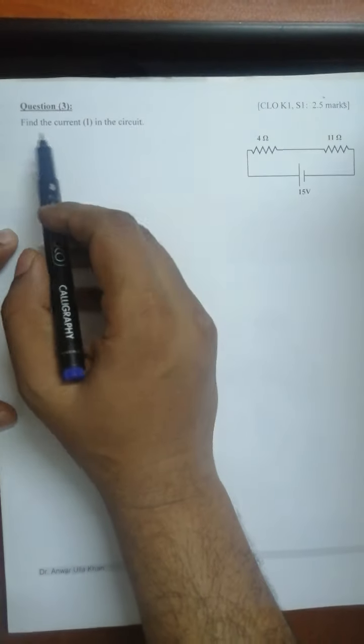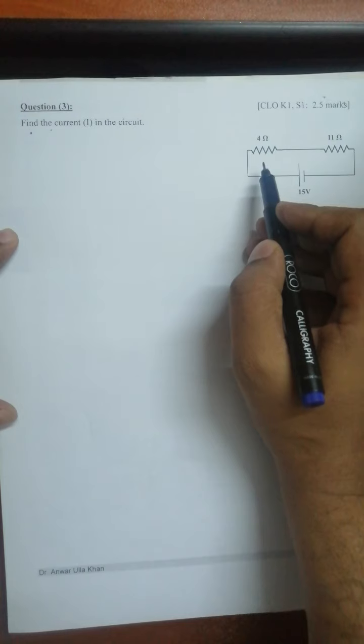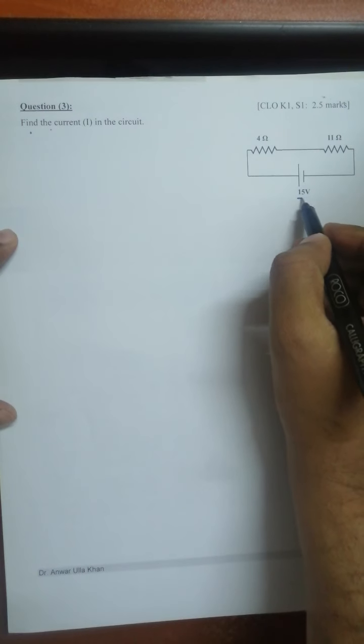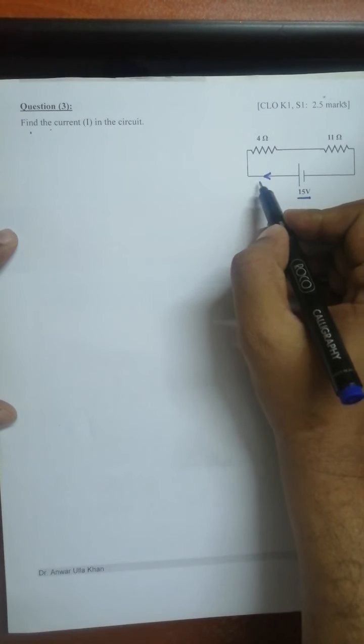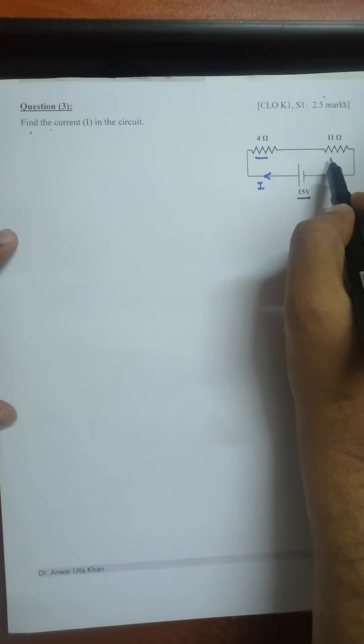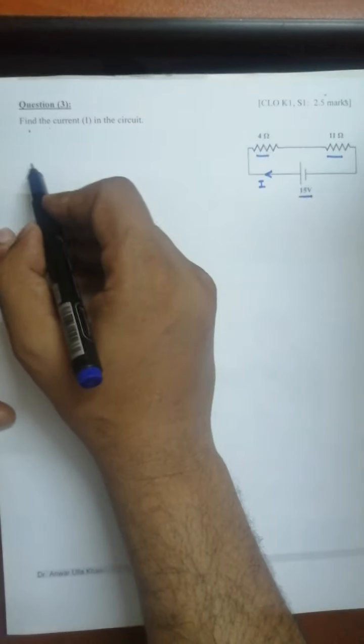This is question number 3. In this question, find the current I in the circuit. This is a very simple circuit, and we have to calculate the current. This is your voltage, and this voltage will give current I. There are two resistors, 4 ohm and 11 ohm. The easiest way, the first method